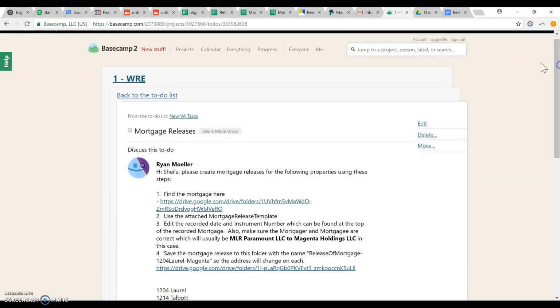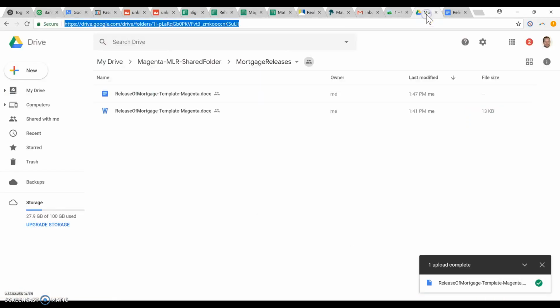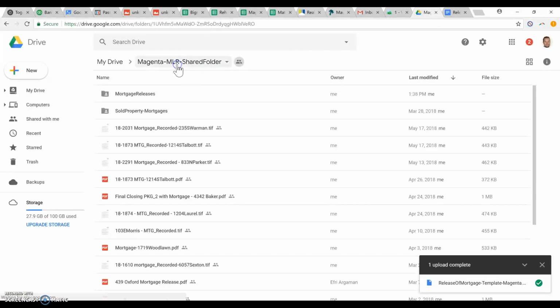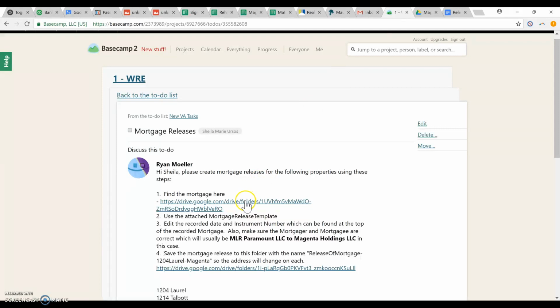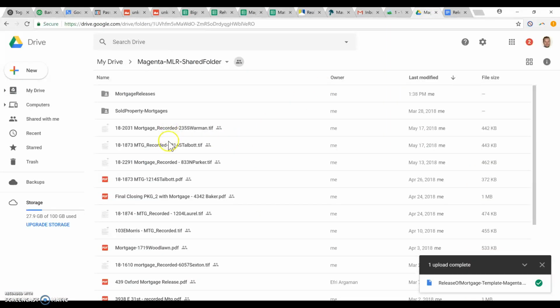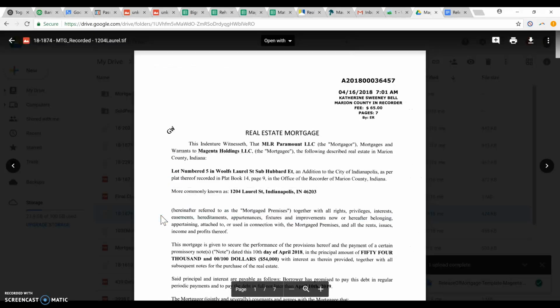So the first step is to find the mortgage for 1204 Laurel. So we'll go to this folder right here, and we'll look for 1204 Laurel, which is right here. So you'll see up here at the top, this A 2018 number here, that's the instrument number, and